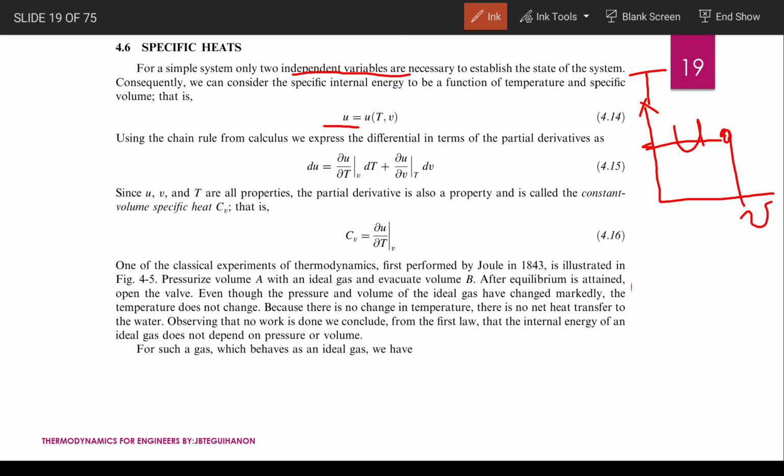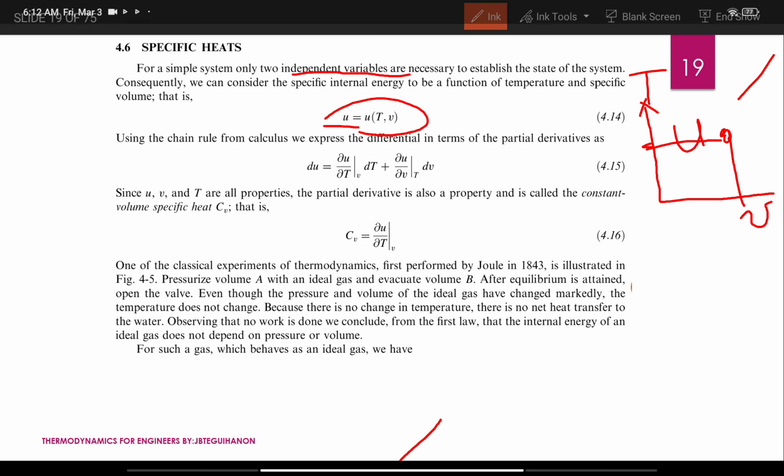This is the mathematical presentation, this is the graphical presentation. But in verbal presentation,